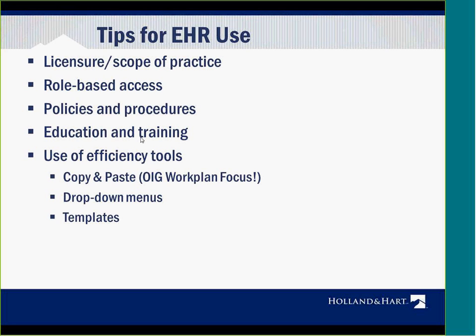Along that line, clone documentation, which is kind of copy and paste, is just the more extreme use of cloning and using the same data. That's something that Medicare administrative contractors, the MACs like Palmetto, Noridian, NGS, have, I believe most, if not all MACs now, posted comments and guidance and areas to be aware of regarding cloned data, and that's something that they're looking to and taking action on to make sure that there aren't fraudulent claims being submitted